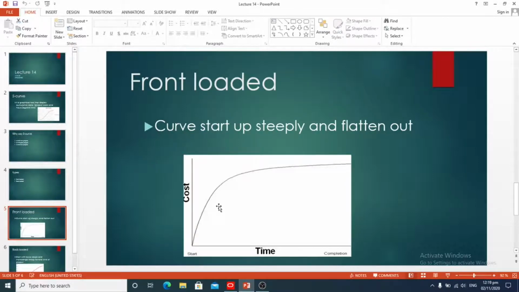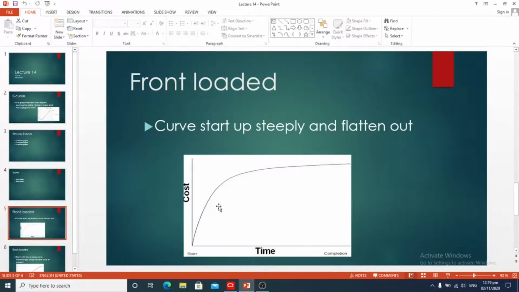Back loaded S curves are curves that start with a lower slope and become increasingly steep towards the end of the project. Most resources are assumed to be consumed late in the project. A back loaded S curve could indicate large design and planning at the beginning and reduced construction time.